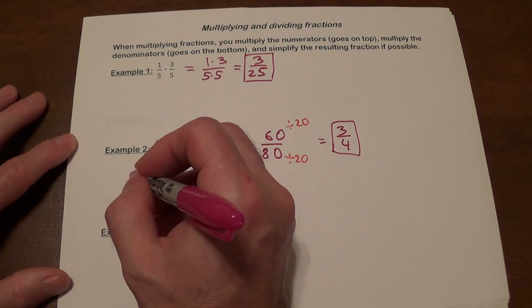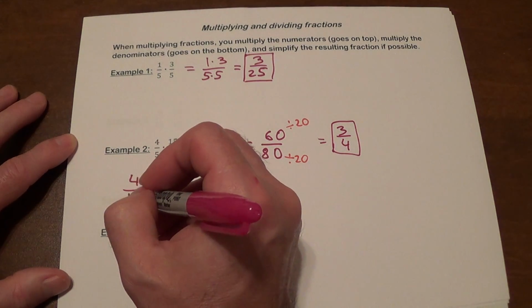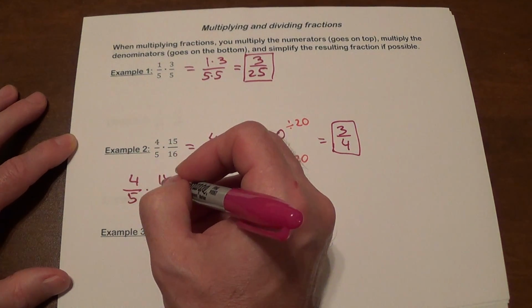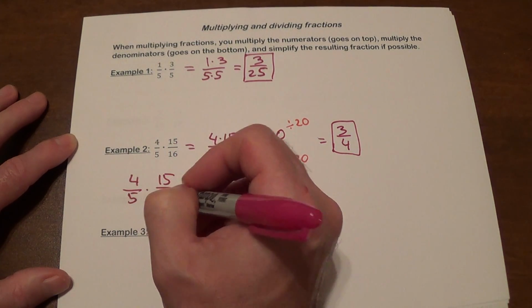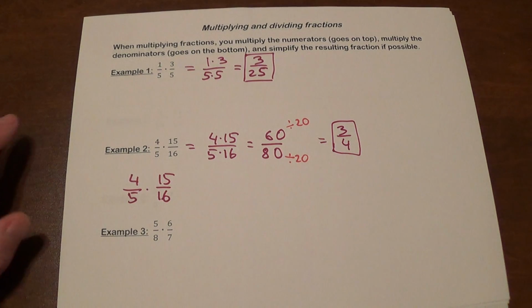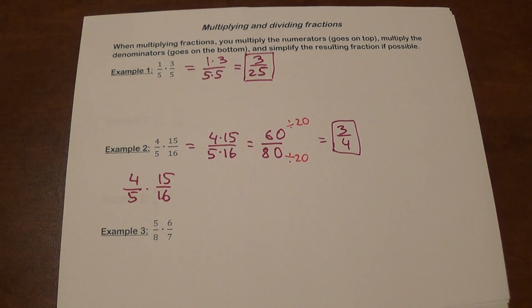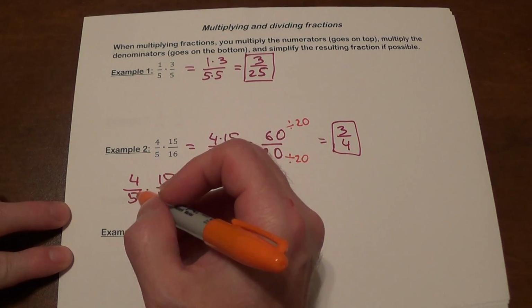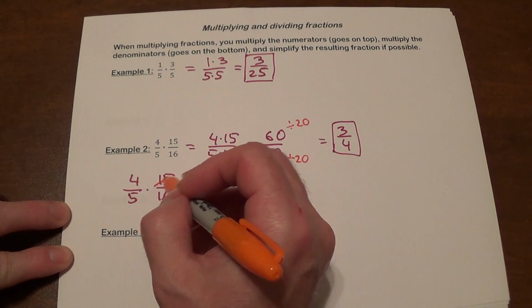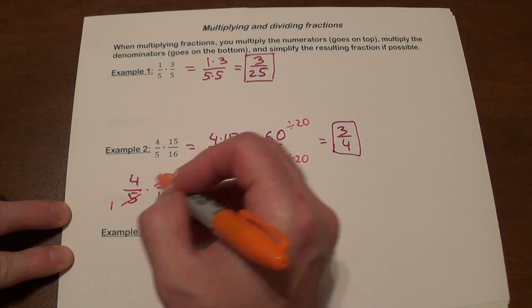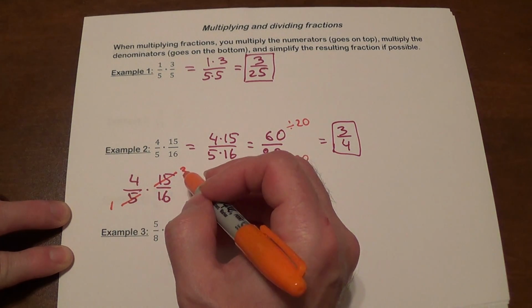So when I go back to this original problem, when you perform multiplication with fractions, you are allowed to simplify ahead of time by finding any number on top that can be simplified with any number on the bottom. So if I look at this, I got 5 here and I got 15. So I can divide both of them by 5, and that's going to leave me with 3 on top and